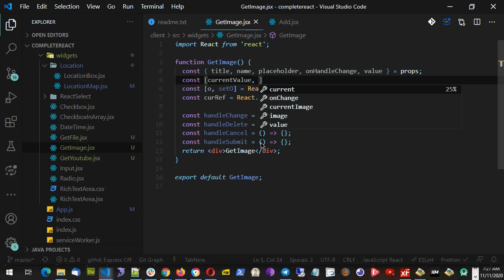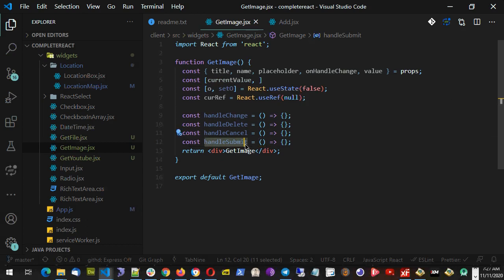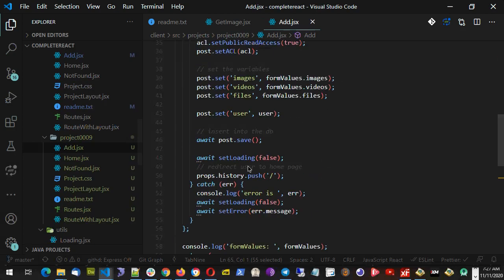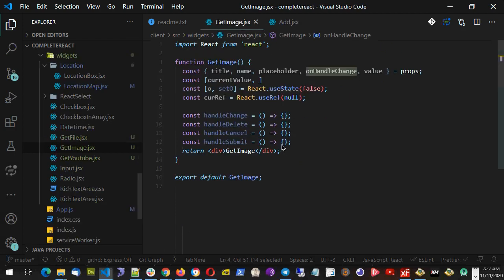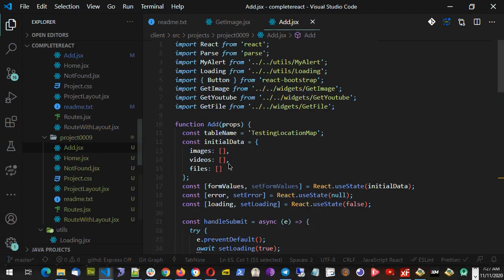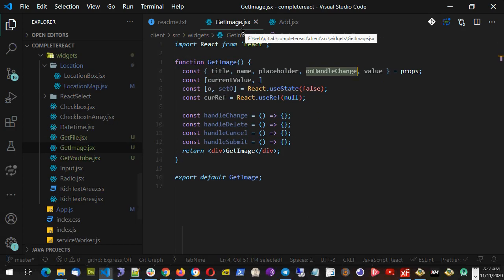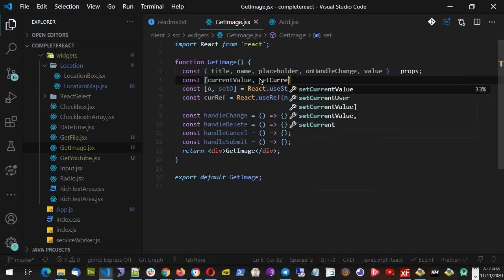And then when user will click some submit button, it will go to handle submit, and inside the handle submit I will call this one, on handle change. This on handle change will do some changes in this add page. That is, on handle change, it will save the images in this variable. So it is current value and set current value